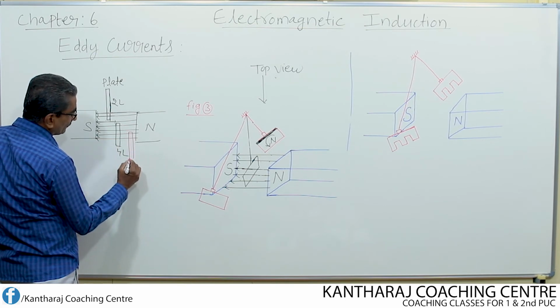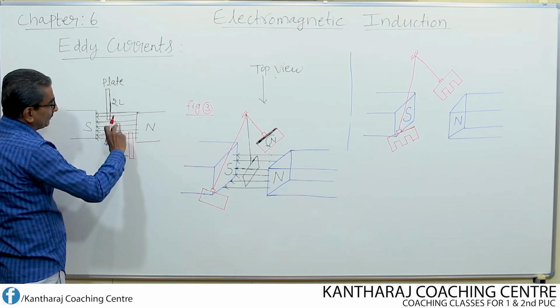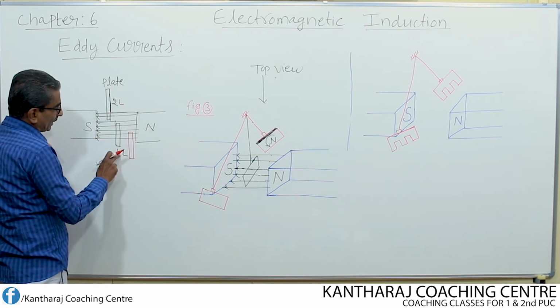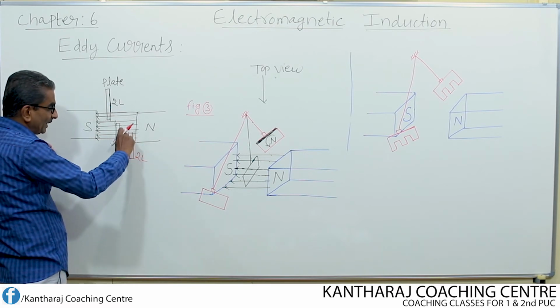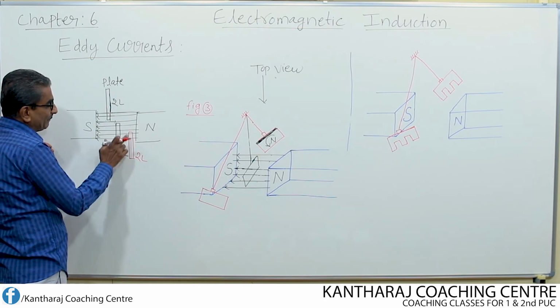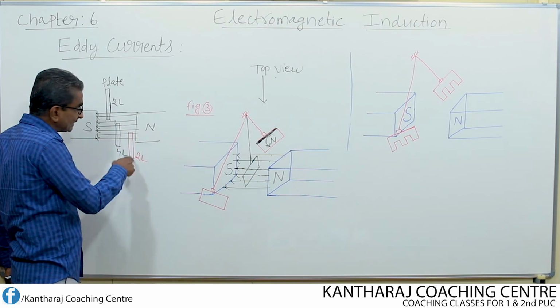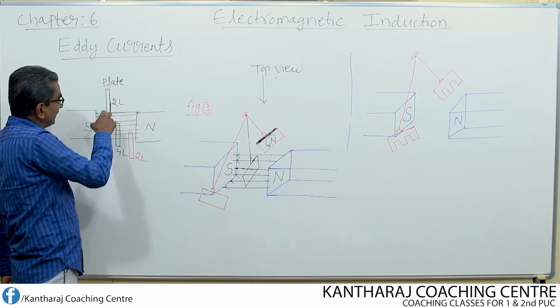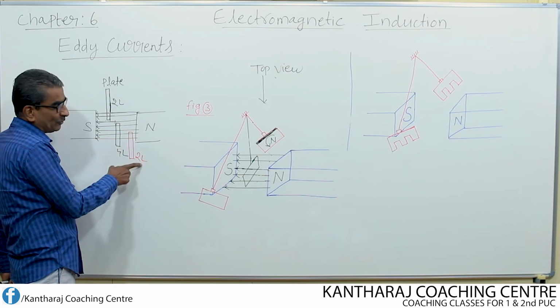Look here now. How many lines of force are said to be linking? 1, 2. That means 2 lines now become 4 lines, 4 lines now become 2 lines. That means once again, when the plate comes out of the field region, the magnetic flux linking with the plate is changing. How it is changing? It is decreasing. When it is entering, it increases from 2 to 4. When it leaves out, it decreases from 4 to 2.